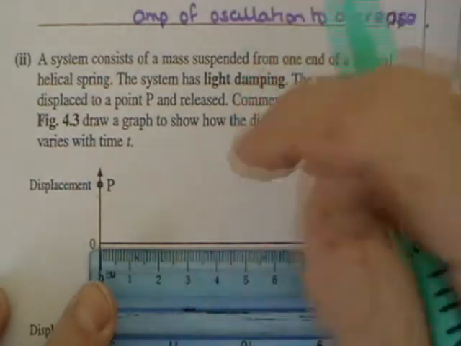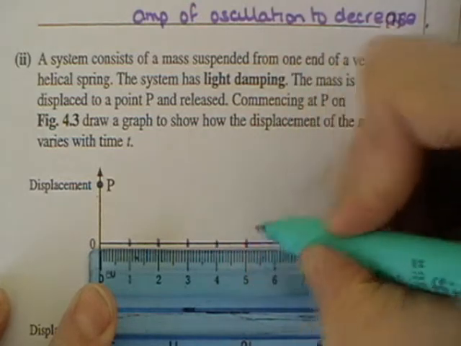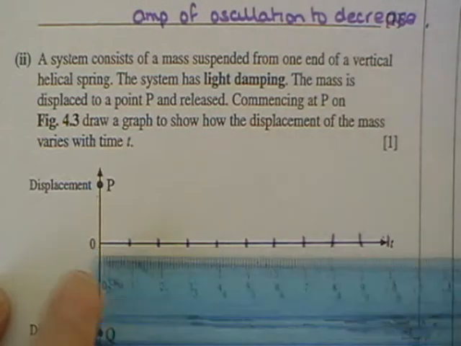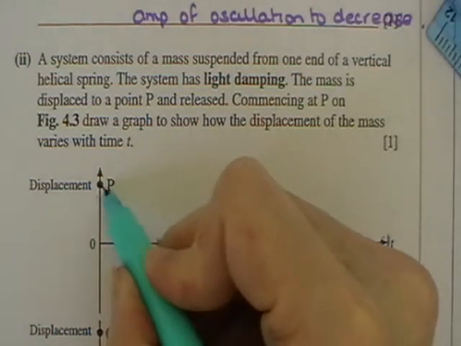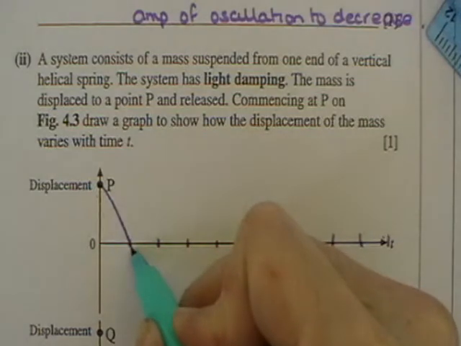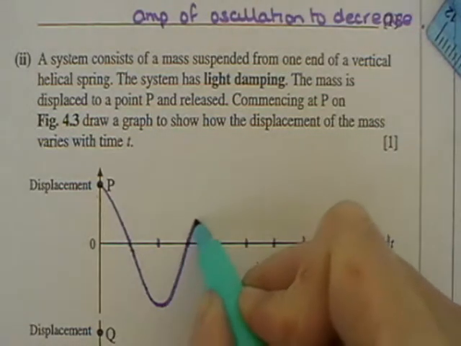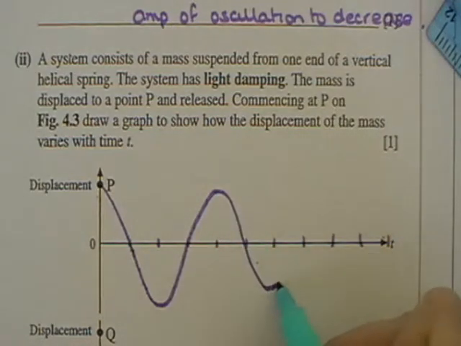And because the scale is small, I'm just going to mark off each centimetre. And therefore it's going to go a wee bit smaller, a little bit smaller again, smaller,